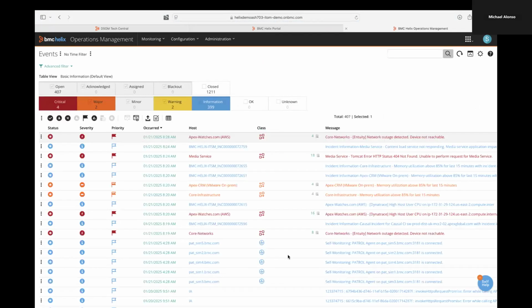And we all hate these. I call it the skill screen. Every color of the rainbow, red, orange, green, blue, yellow, all these events that are happening. But it's important to understand because we're doing things different. This is the first time you're seeing our AI kick in. And you're probably wondering, I don't see any AI here, but it is. So the first thing we're doing is event noise reduction. And we're going to talk a little bit more about that in a second.